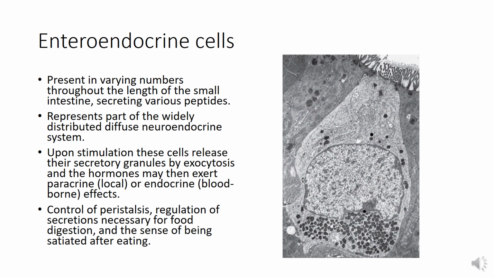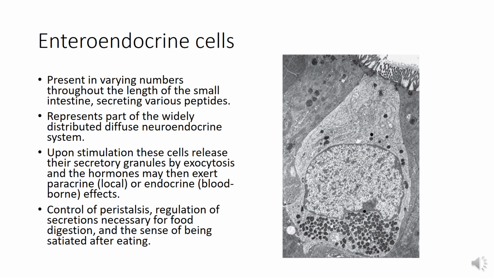Enteroendocrine cells. Now, the enteroendocrine cells present in the crypts of Lieberkühn of the small intestine also belong to the diffuse neuroendocrine system. The cells of neuroendocrine systems are present also in the stomach and in the large intestine and in the respiratory system. Now, they are present in the crypts of Lieberkühn, and the enteroendocrine cells there are of many varieties producing different hormones, and they have been identified in the small intestine.